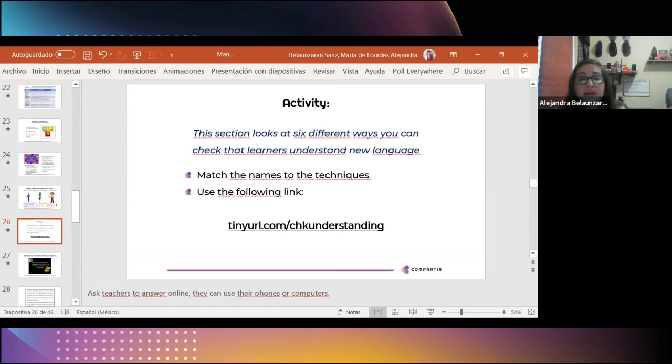Okay, so I have 11 answers right now. Most of you got a correct answer on the first one, which was pictures. Then for the second one,